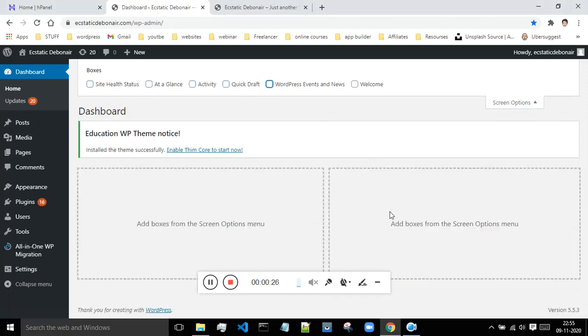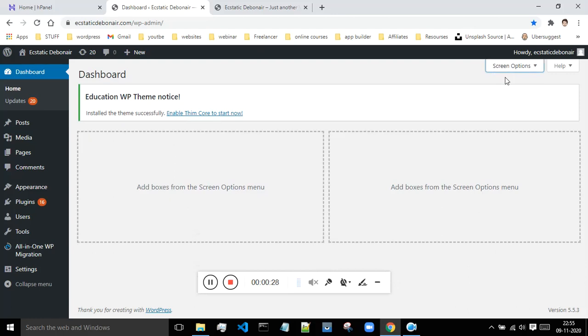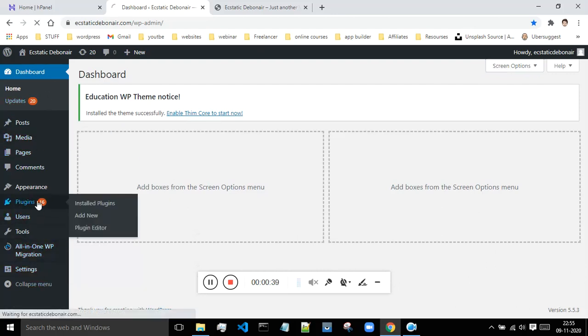But as of now, we are not in need of anything, so I will remove everything and just click on these screen options to make this undo. Okay, so as of now, as you can see, there are a few plugins which are already installed. If I'm just going inside of the plugins,